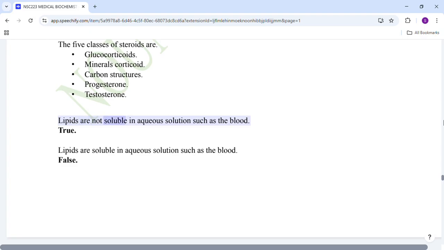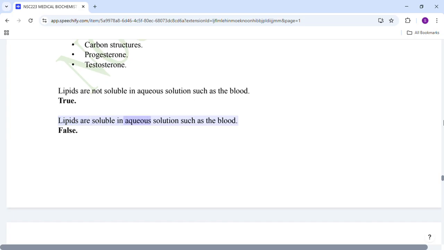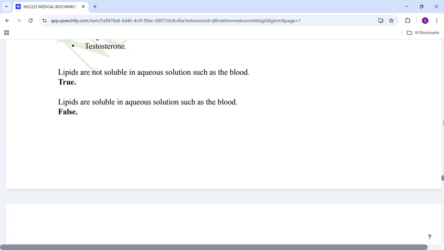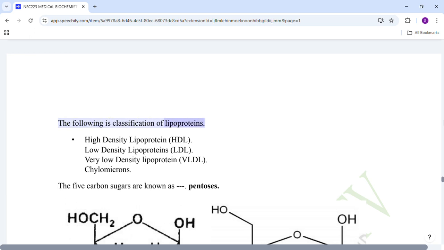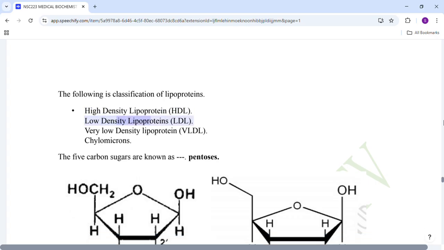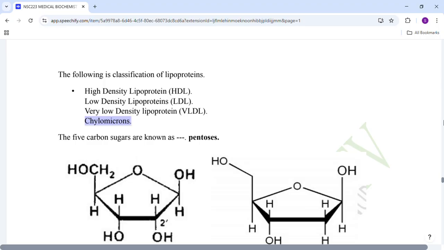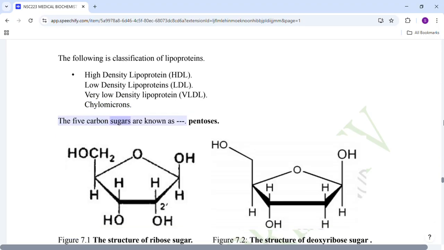Lipids are not soluble in aqueous solutions such as the blood. True. Lipids are soluble in aqueous solutions such as the blood. False. The following is the classification of lipoproteins: high-density lipoprotein, HDL; low-density lipoproteins, LDL; very low-density lipoprotein, VLDL; chylomicrons. The 5 carbon sugars are known as